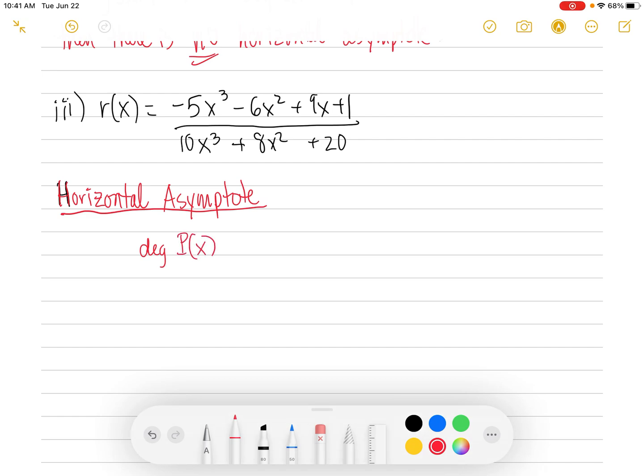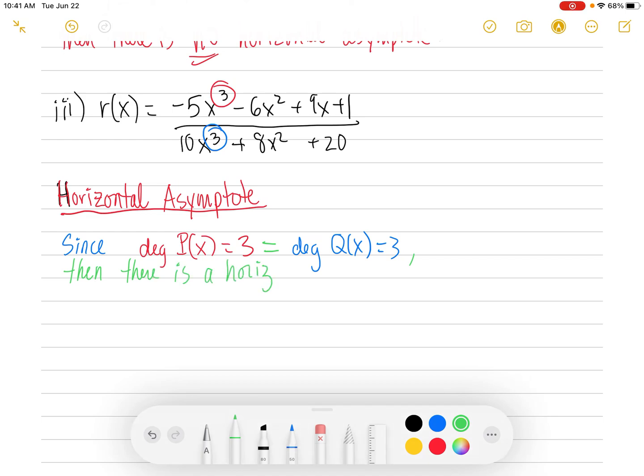So first I'm going to look at the degree of the top. I'm going to call the top p of x. The degree of the top here is 3. Let's look at the degree of the bottom. I'm going to call that q of x. The degree of the bottom is 3 as well. Hey, they are equal, right? Forgot to write 3 here. So since the degree of the top is 3 and the degree of the bottom is 3, they're the same,